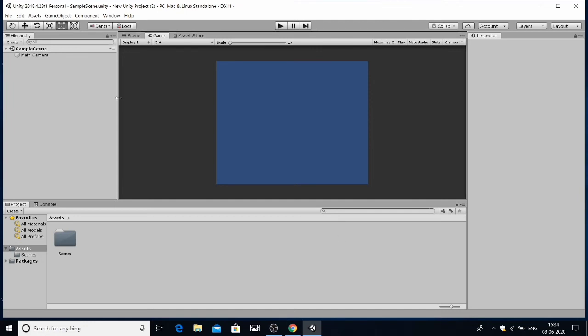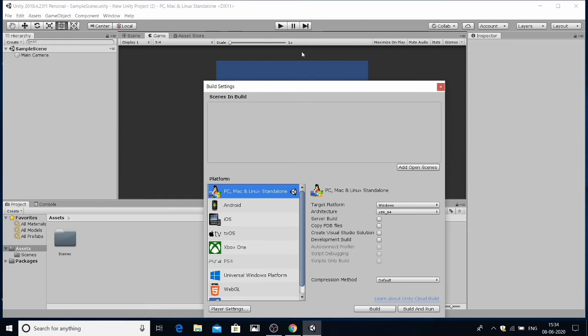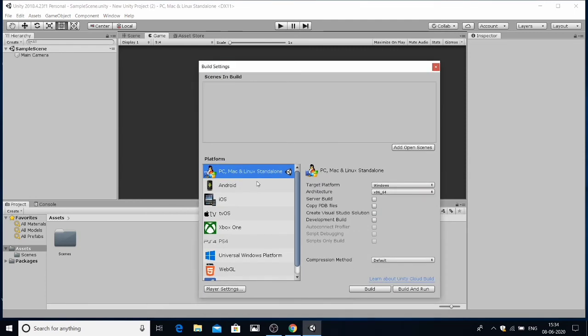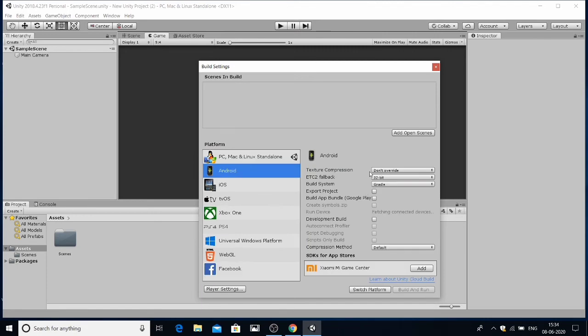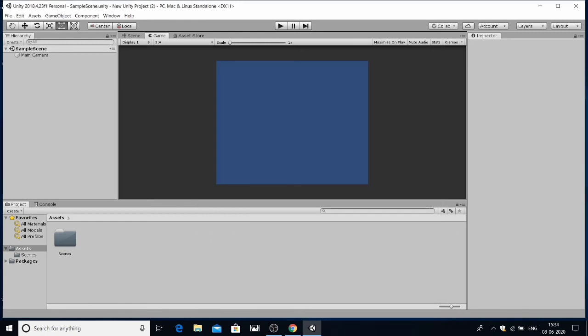So after opening Unity, you need to go to File, Build Settings, and here you see you need to go to Android. So I've currently installed Android, so it shows perfectly these options. But if you haven't installed it, you need to go to File, Edit,